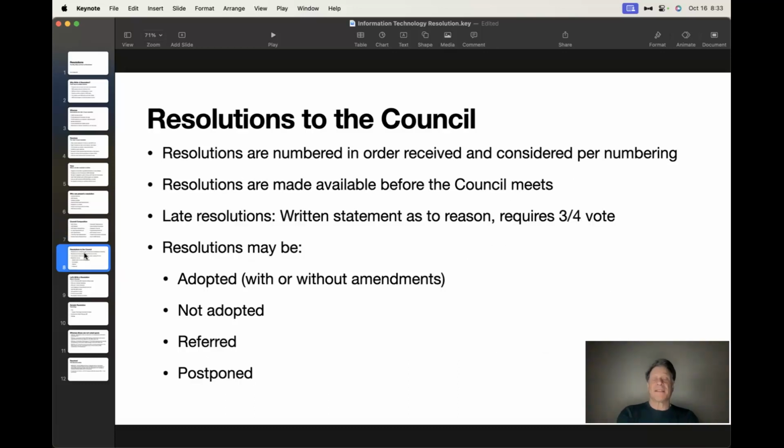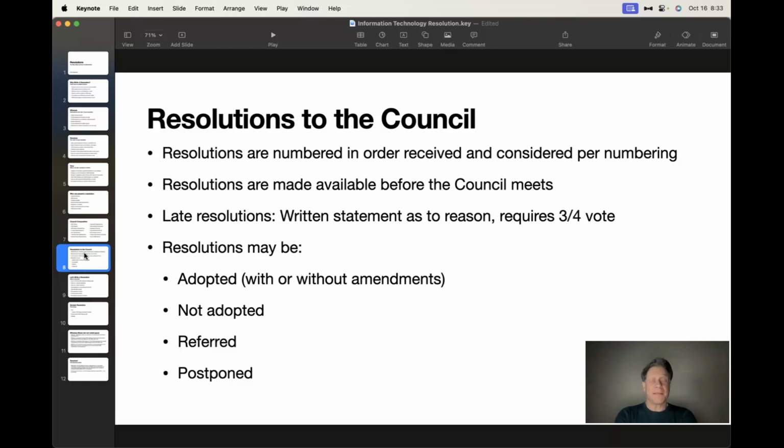So resolutions to the council are numbered in order received and considered per numbering. Resolutions are made available before the council meets and included in the council handbook. Late resolutions require a written statement as to reason and a 3/4 vote for presentation.